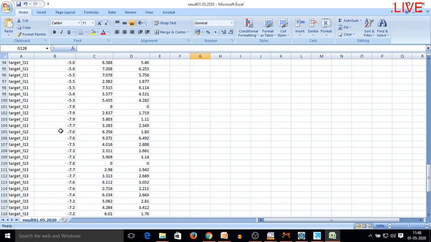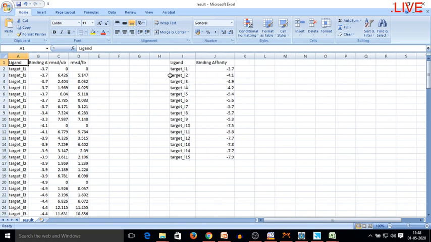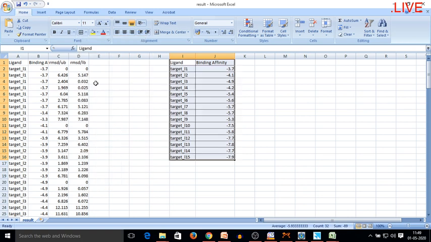Now you can also delete some of the unrequired files from this table and prepare an ideal table as I have prepared in this file. You can see that I have carried out the same protocol, and what I did in this for preparation, this is the ligand, this is the L1, L2, L3, L4, L5. I removed all these files which were not needed, and I took only those files and values of binding affinity which were having the RMSD value 0. So this is the table of my virtual screening.